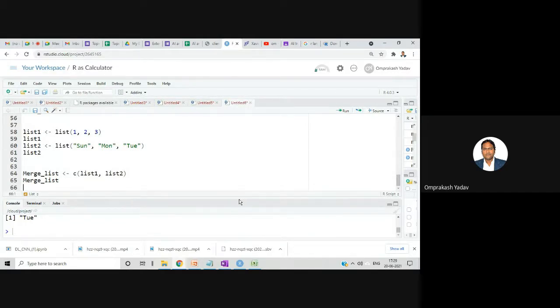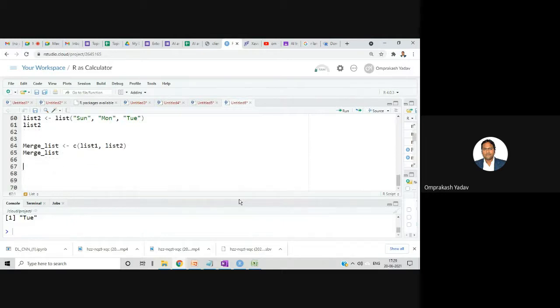Merge means that 1 will not merge with Sunday and 2 will not merge with Monday. It's not like that. I'm just concatenating both lists together, merging both lists in one variable. That's it. It is not 1 with Sunday, 2 with Monday and 3 with Tuesday.